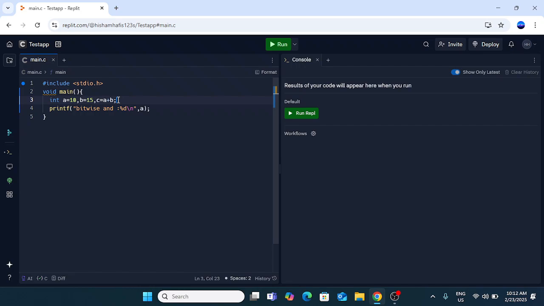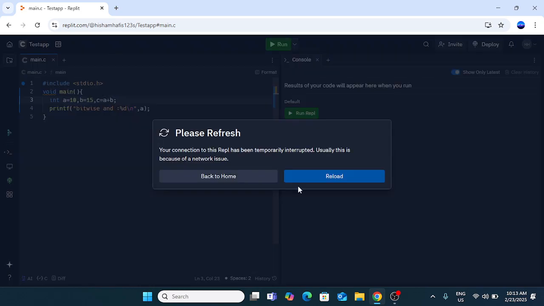So that's all. The c will get assigned the value of the sum of a and b,